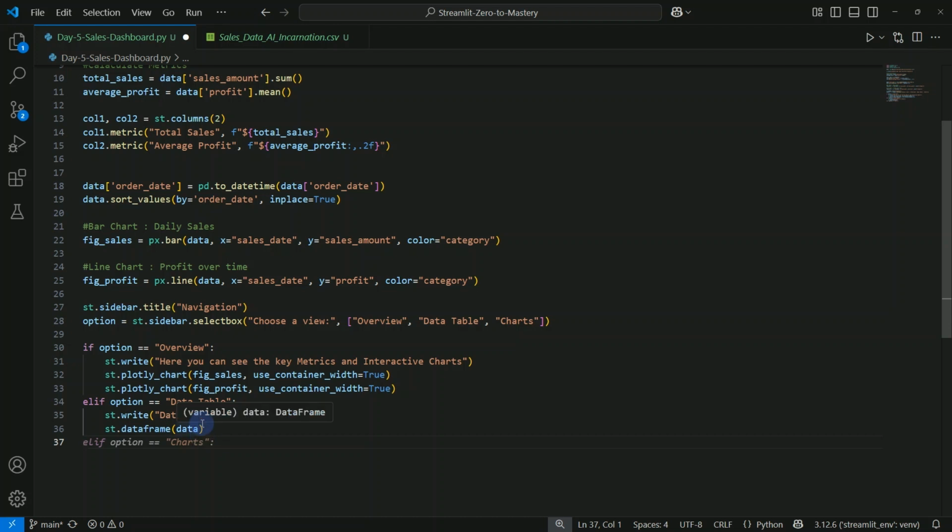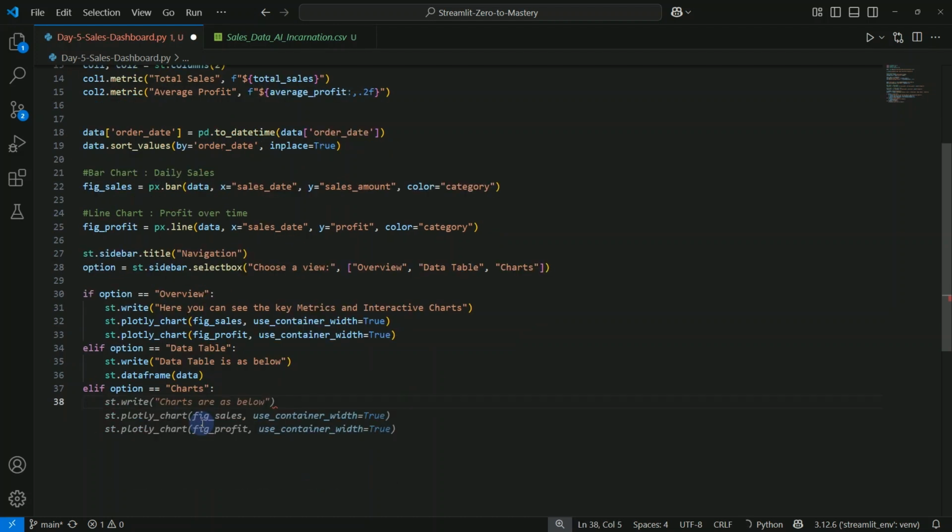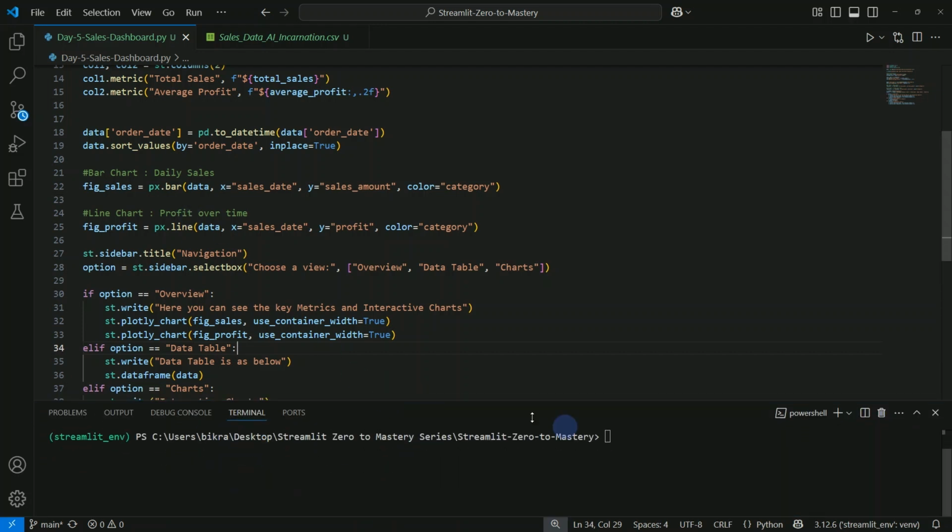Next is elif option equals charts. If the user selected charts as the option, we'll simply say st.write interactive charts, and we will give both the charts in the data. To run this, we can simply save this file, and we will open the terminal. To run this, we'll simply say streamlit space run space day 5